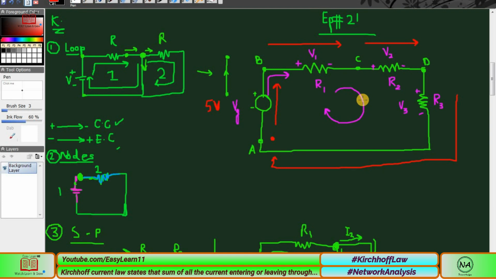And each time we will determine the energy lost or gained. For example, when we move from point A to point B, we will determine whether our energy is lost or gained. As you can see, there is an active element, so definitely energy will be gained or lost. So there are two terms, gain or